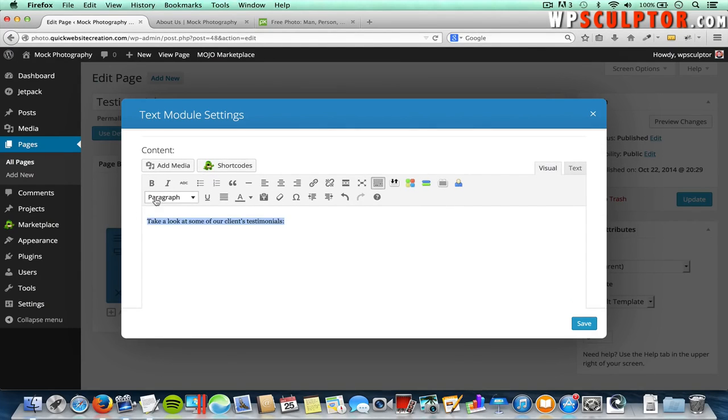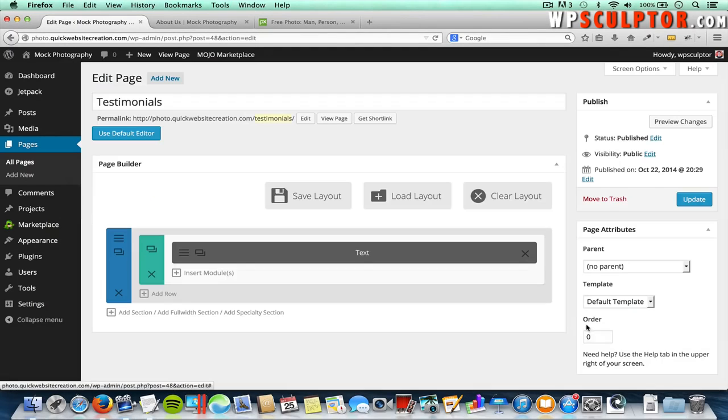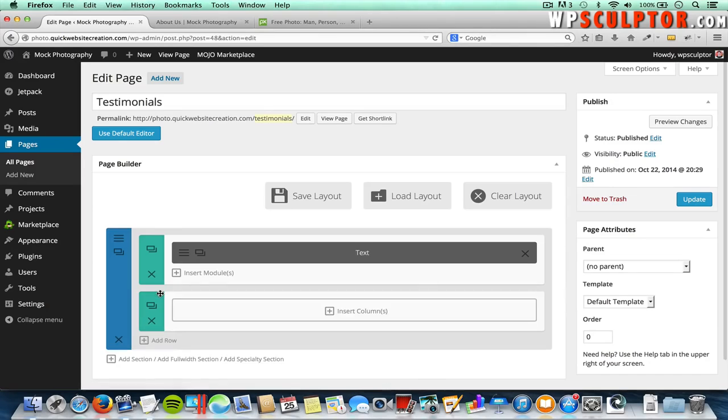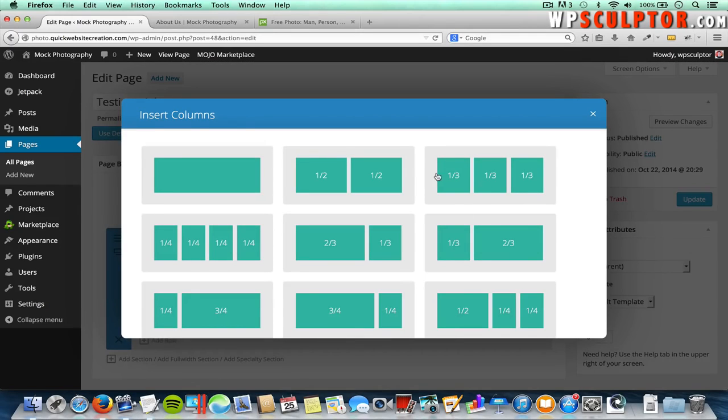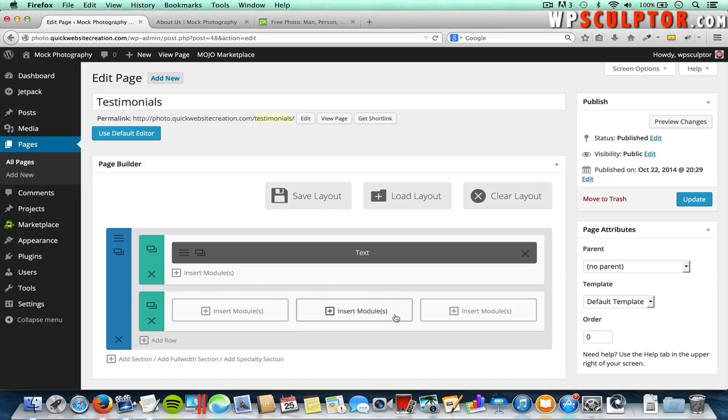Select it, and I do want this to be a heading 1, and click on save. And then I need to add a new row because I want to have 3 different columns within my row. So I'm going to click on add a row, and I can do this within the same section. That's just fine. Click on insert columns, and I'm going to choose this option with 3 equally sized columns there,